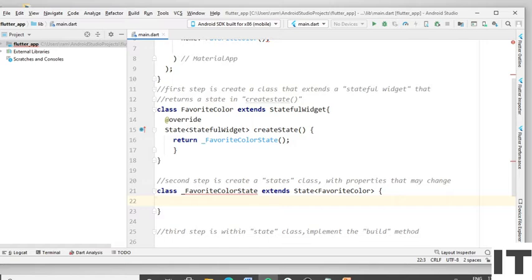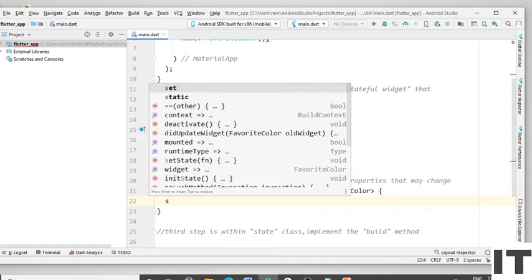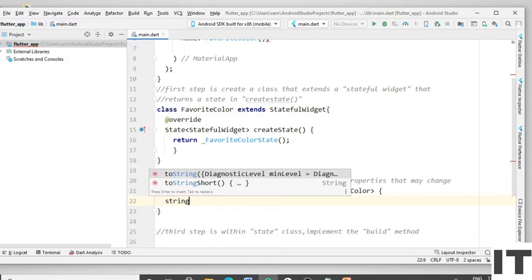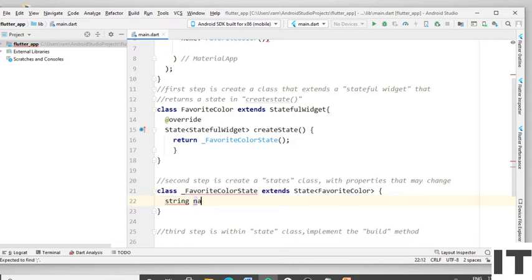I will define it with the name of the color. Type the String nameColor equal to inverted commas and semicolon.